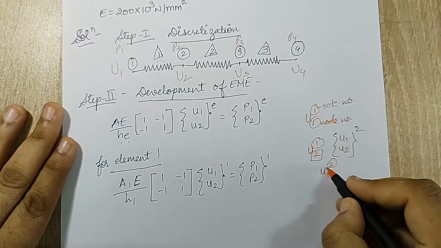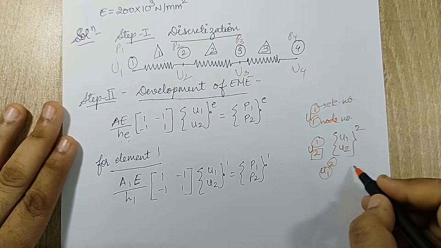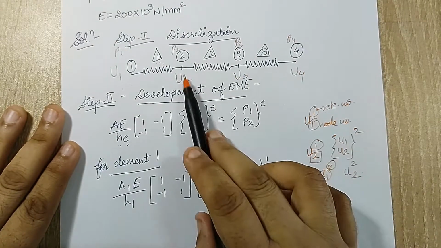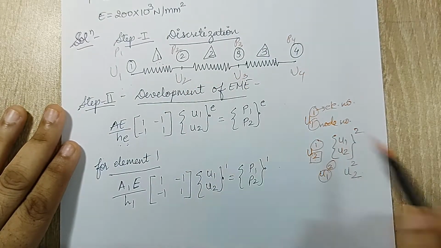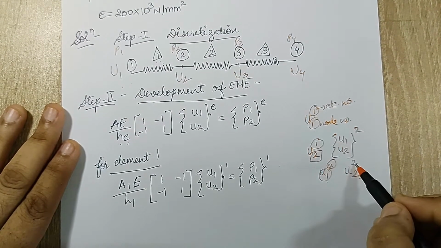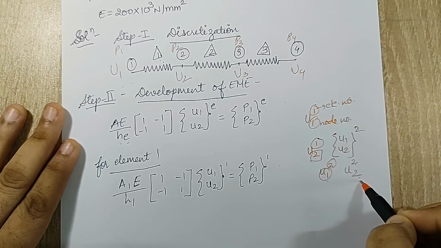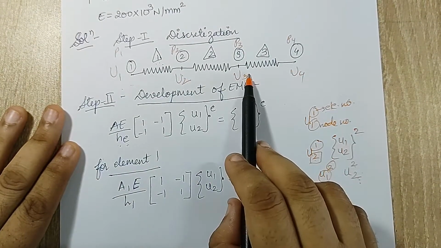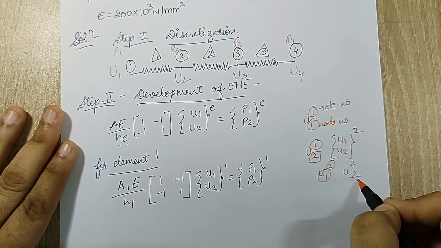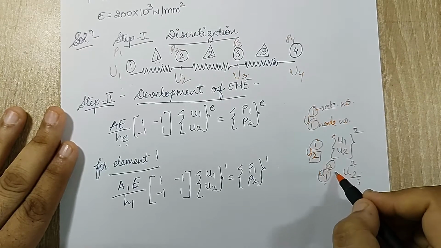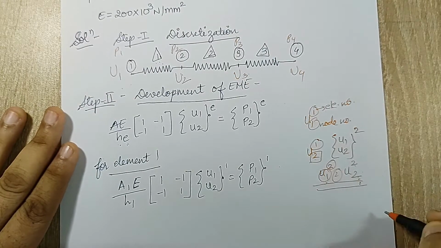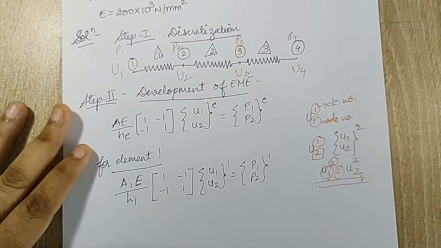This means second element's one displacement, and for the second element there is another displacement. Here 1 and 2 doesn't mean node number 1 and 2, which should be 2 and 3. I am still writing 1 and 2. It means for the second element one node, and for the second element there is another node 2. That's it. But it doesn't mean that it is between 1 and 2. It is definitely between 2 and 3. But we write it one node and other node. You can just say it is left and right. That is two nodes for the element 2. So this is how I am going to write for all the elements. So let's calculate these now.